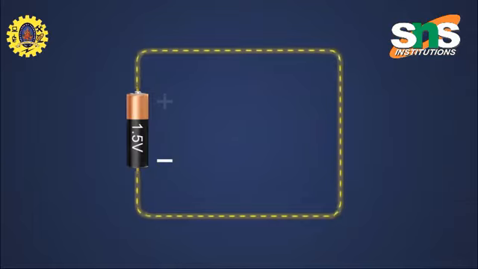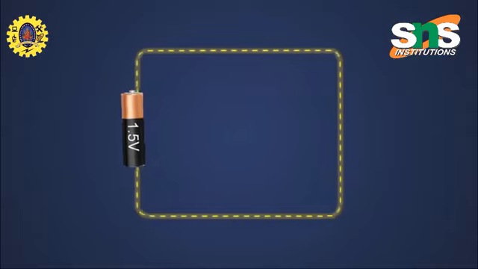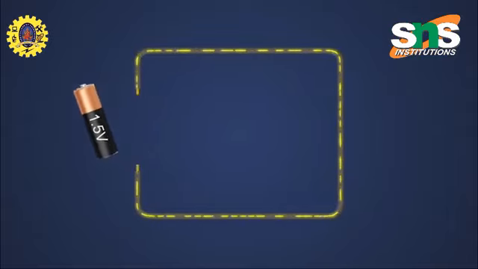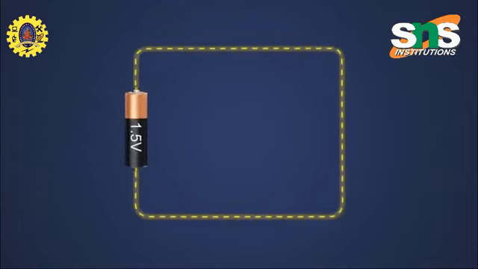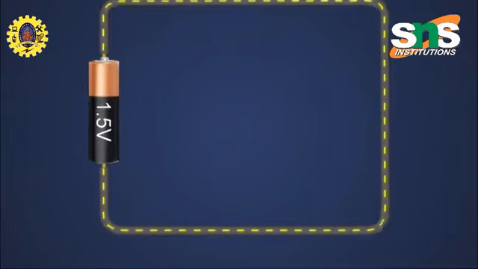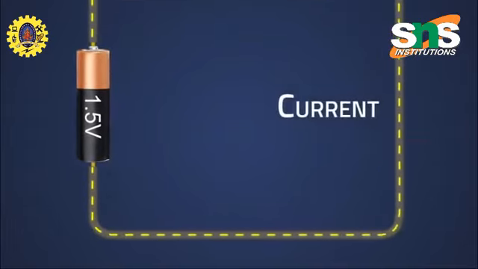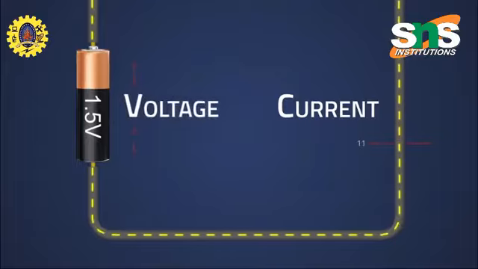In that 1.5 volt battery, the negative electrons flow from the cathode to the anode. When we remove the battery, there is no electron movement. The electrons stand still in that condition, and that is called the current value. So the current will decide